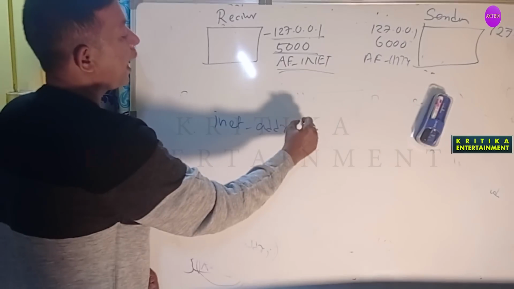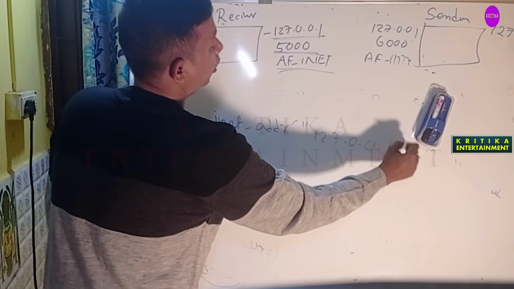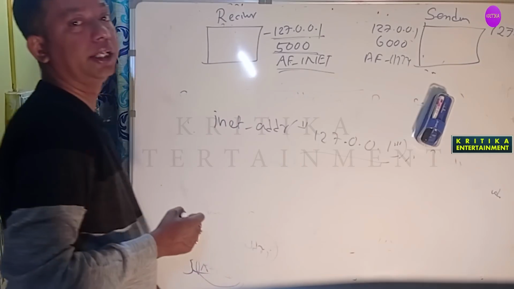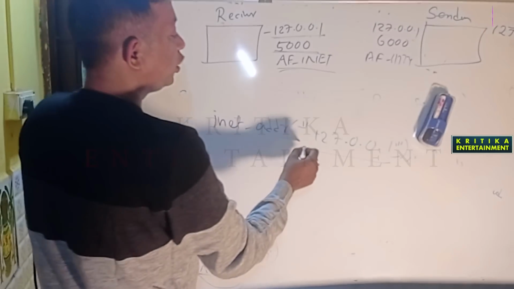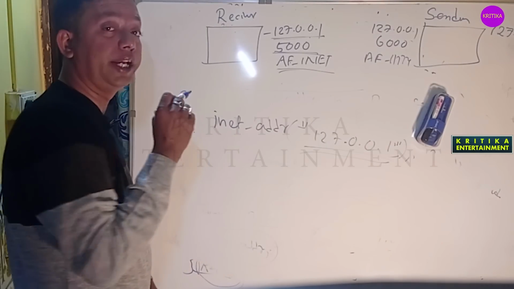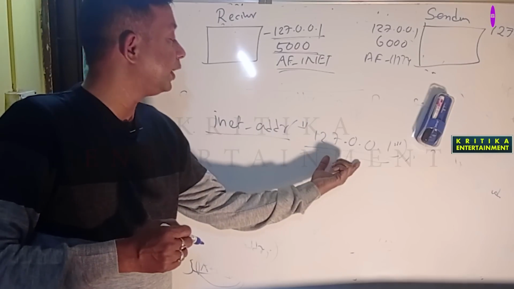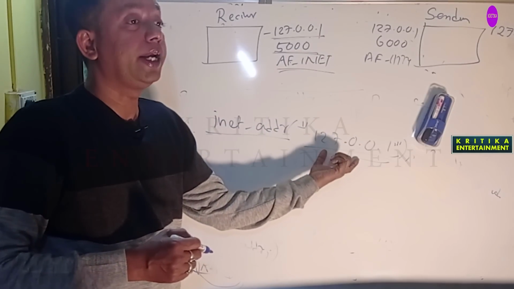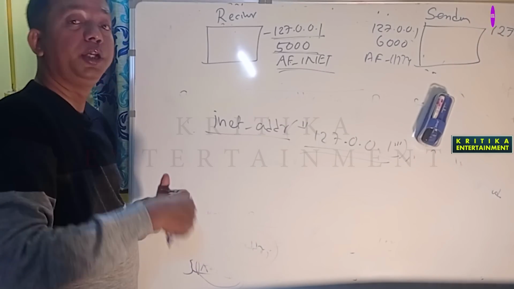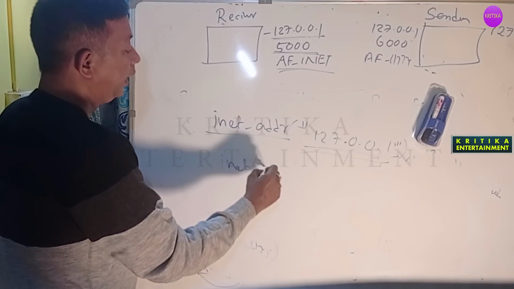Inside inet_addr I have 127.0.0.1. What is this? This is called a string IP address. It is not the original dotted IP. To convert it into the original dotted IP address to send over the network, I use inet_addr. It is used to convert the string formatted IP address into the original dotted IP address. Vice versa, you can also use inet_